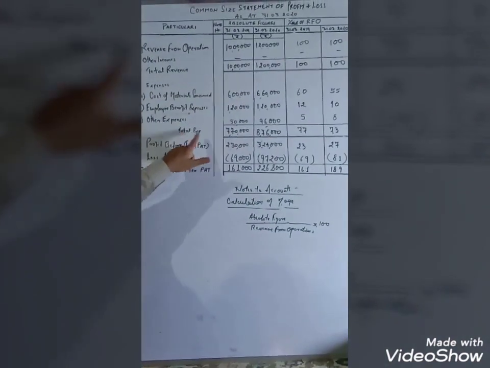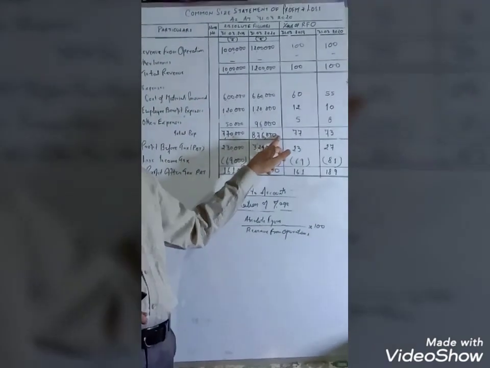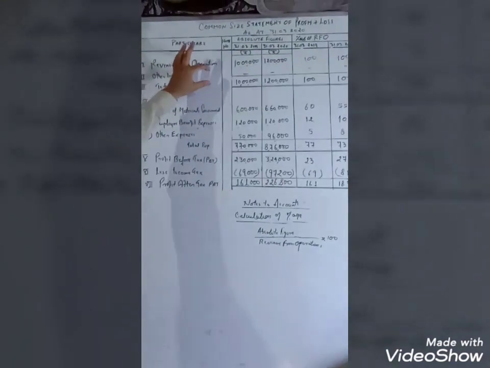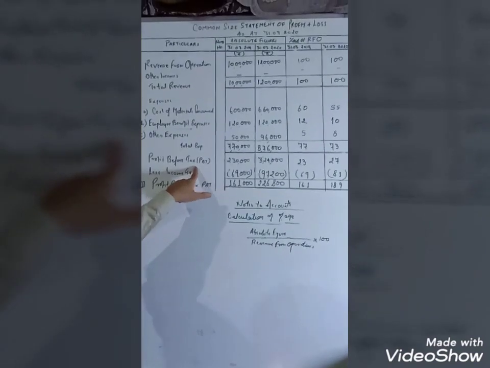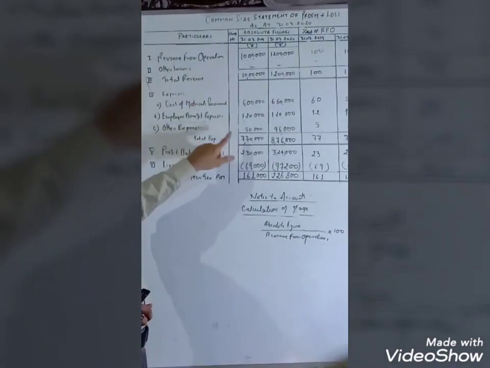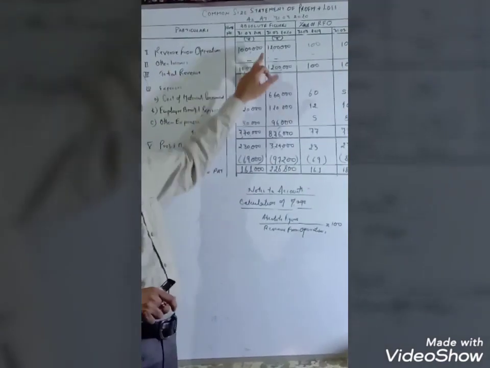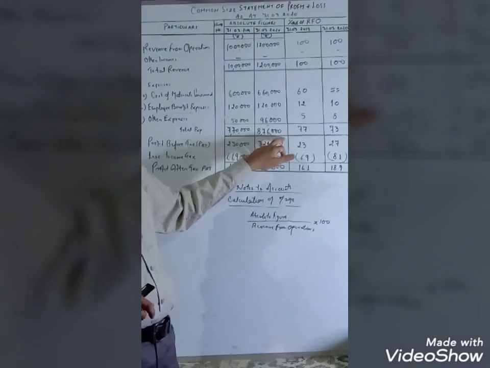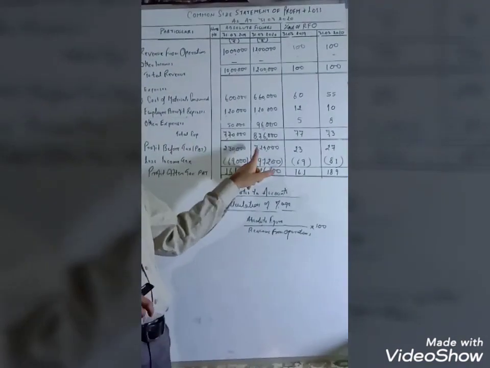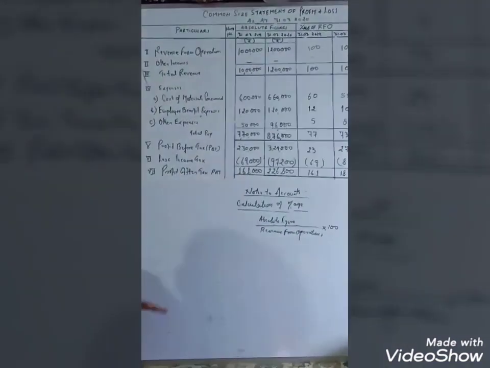Now the sum total of expenses, that is all the three expenses, is 7 lakh 70,000 and 8 lakh 76,000. Now from the total revenue we have to deduct total expenses to arrive at the fifth item, profit before tax, popularly known as PBT. From 10 lakh we deduct total expenses of 7 lakh 70,000, it will be rupees 2 lakh 30,000. And for the year 2020, from 12 lakh total revenue we deduct 8 lakh 76,000 total expenses to arrive at profit before tax of 3 lakh 24,000. This is profit before tax for both the years.